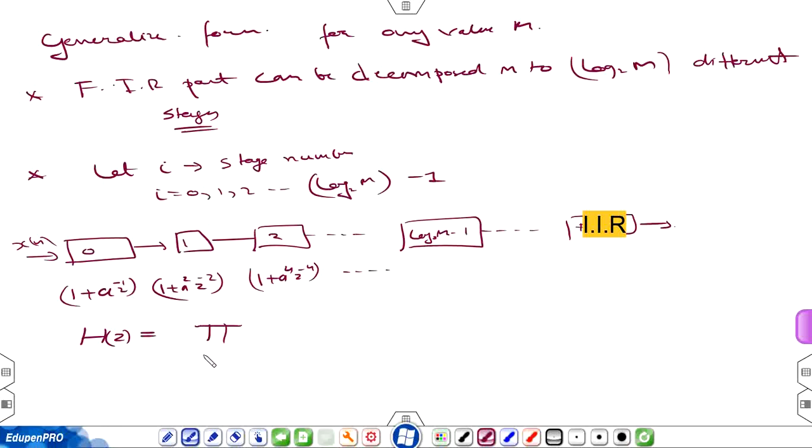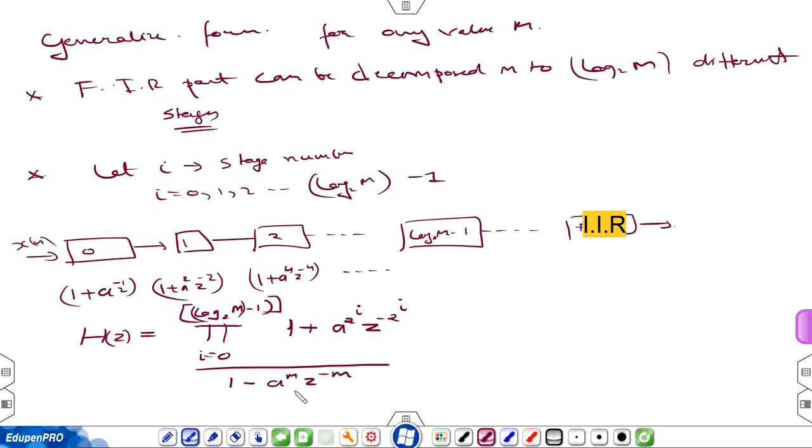So multiplication from i equal to 0, starting from 0 to the last value, that is log of 2 m minus 1, of 1 plus e raised to power 2 raised to power i, z raised to power minus 2 raised to power i, divided by the IIR part as it is, 1 minus e raised to power m z raised to power minus m,